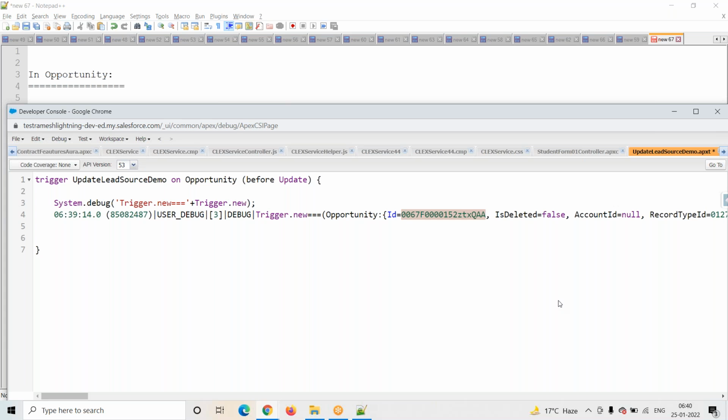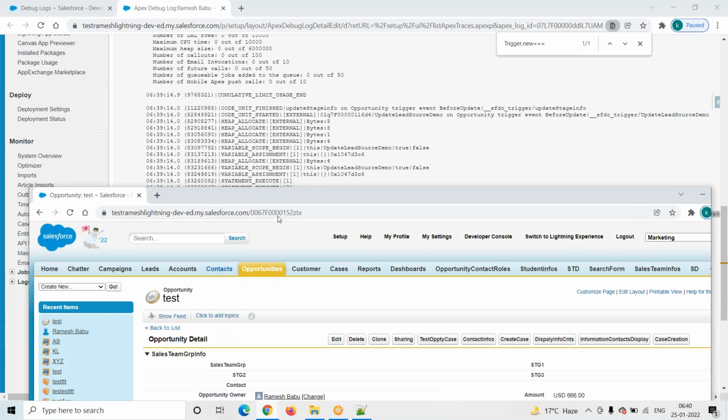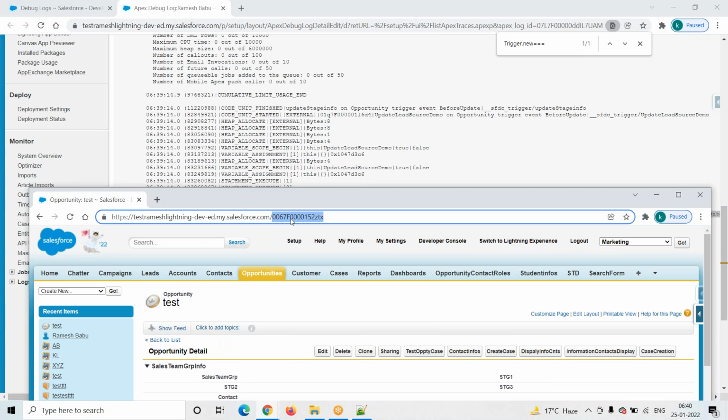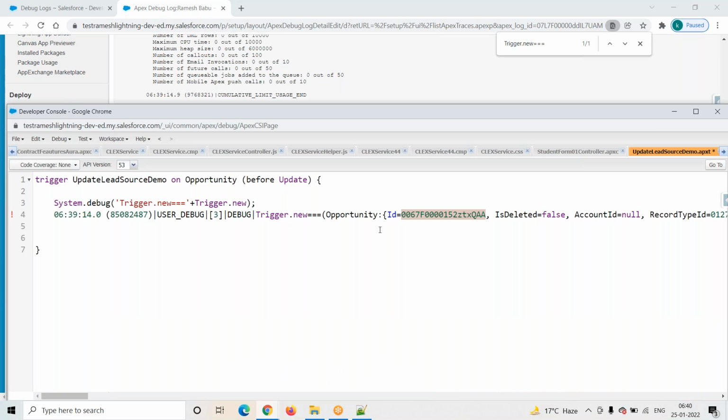The id is printed in the before insert. What happened exactly? Before saving a record, before creating a record, the id is not generated, the id is null. But here, updating a record means the record is already there. See, every record has the id, right? Here you have to observe, this is a record. Every record has the id, right? So that's why the system is capturing the current id in the id field. So before update means the record is already there. That record we are trying to update. So that's why it is taking the current record id.